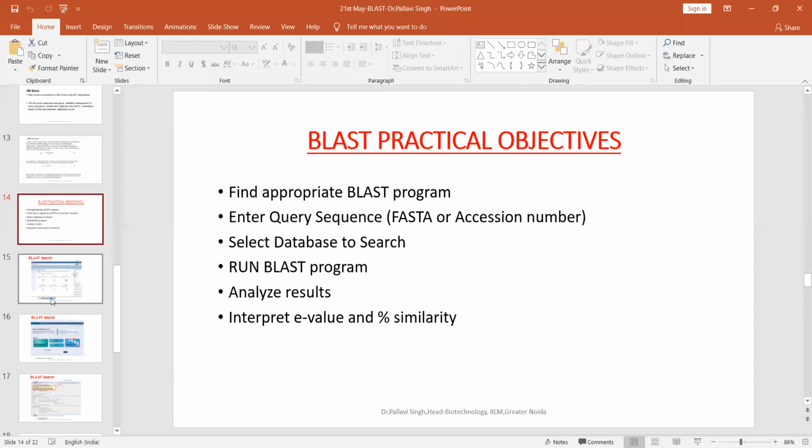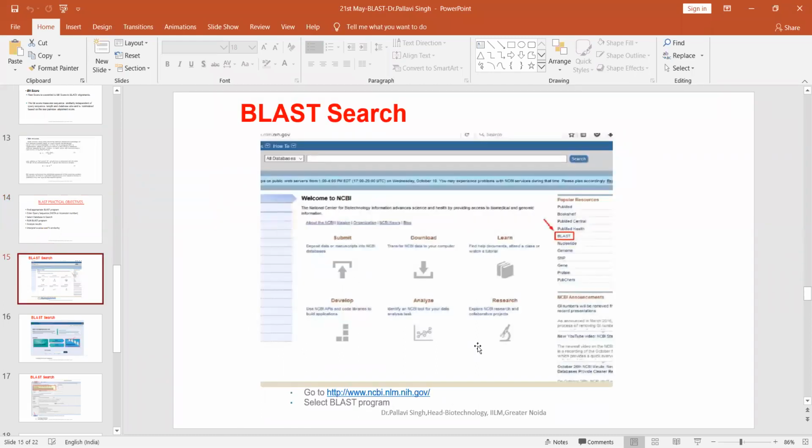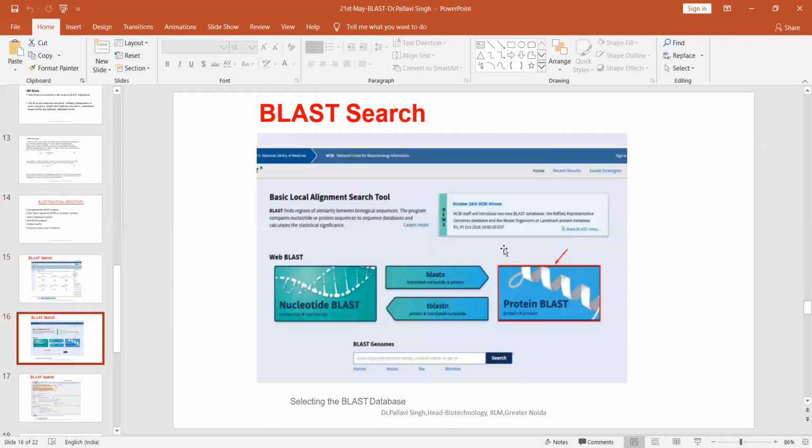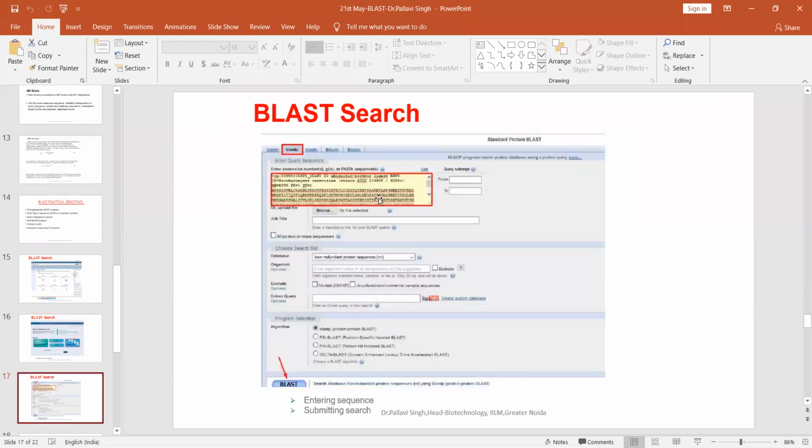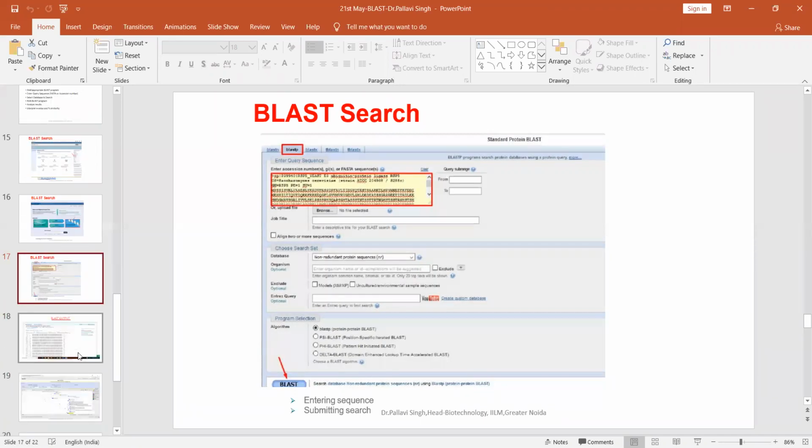So I have shown you here the interface of NCBI. We will also be performing the practical; I will show you one to two practicals. So this is the user interface of BLAST present on the NCBI page. When you go to the BLAST window, you will get these kinds of BLAST: protein BLAST, BLASTX, TBLASTN, and nucleotide BLAST, and you choose what BLAST you want to run. Then you put your query here; in the given screenshot, I have shown a FASTA format sequence, which is used as an input. You have to select the database after putting the input query sequence, and you get an output like this.